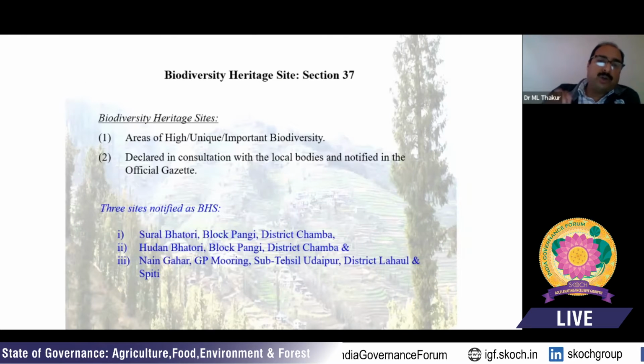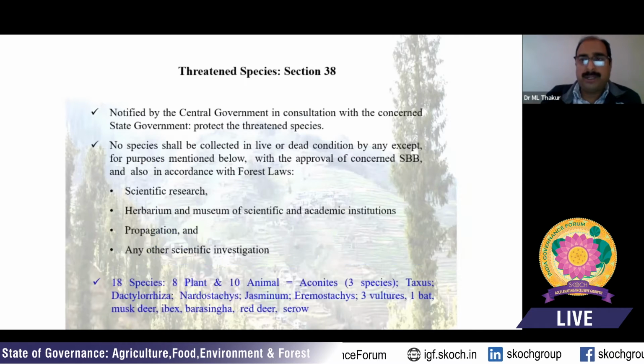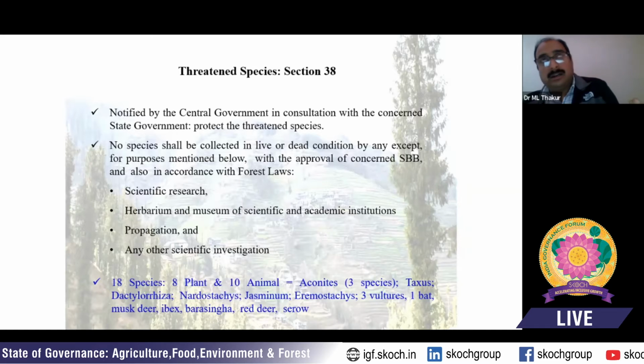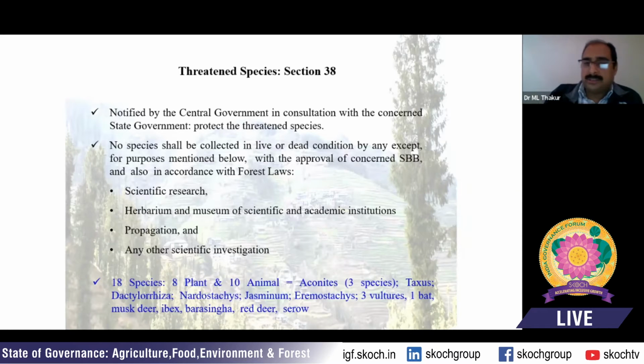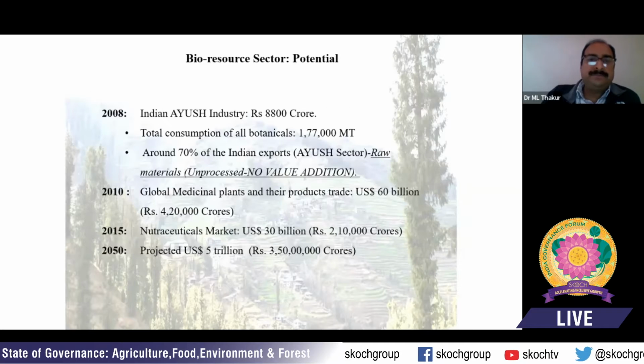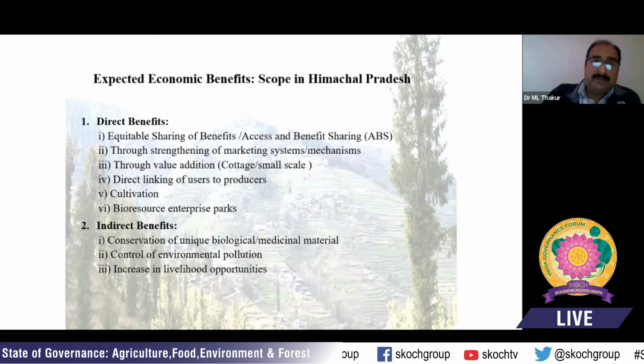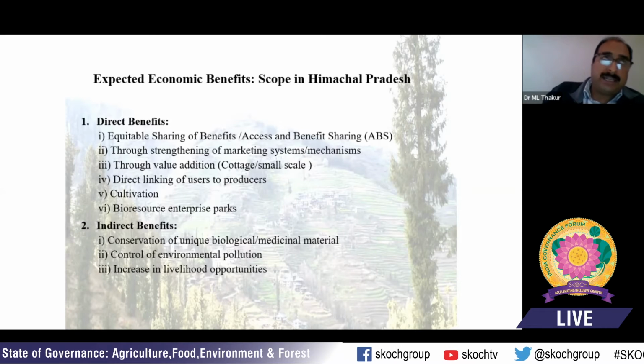Then we have notified 3 biodiversity sites in tribal areas of Pangi and Lahaul Spiti to ensure the participation of local people. Then some 18 species of plants and animals have been notified through the central government for the state of Madhya Pradesh, thereby increasing the level of protection for these 18 species. Then we see huge scope through implementing the provisions of the Biological Diversity Act and by ensuring the participation of